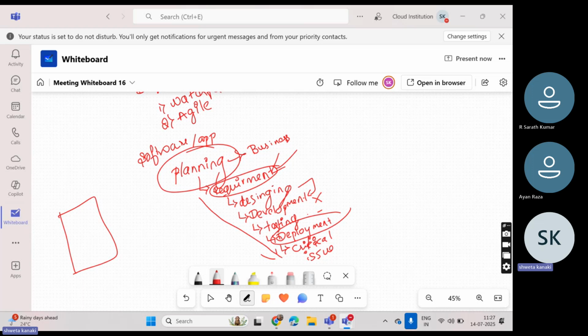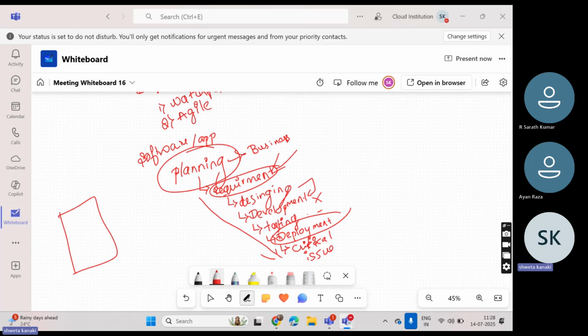If they are using the waterfall methodology, they have to come from the beginning. They have to remove everything and do everything again. So this waterfall methodology is not suitable for big projects. Small projects like a website can go with the waterfall methodology. When it is a small project, they will go for the waterfall methodology.